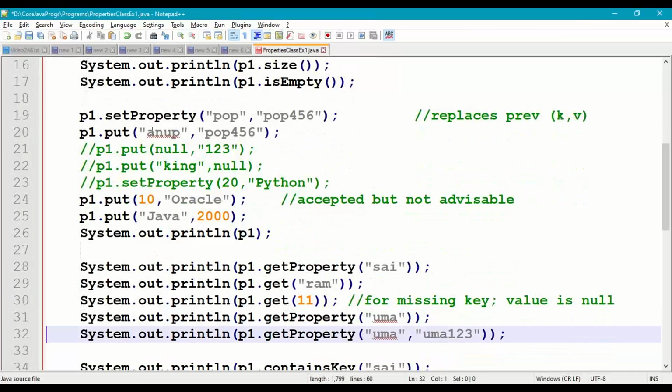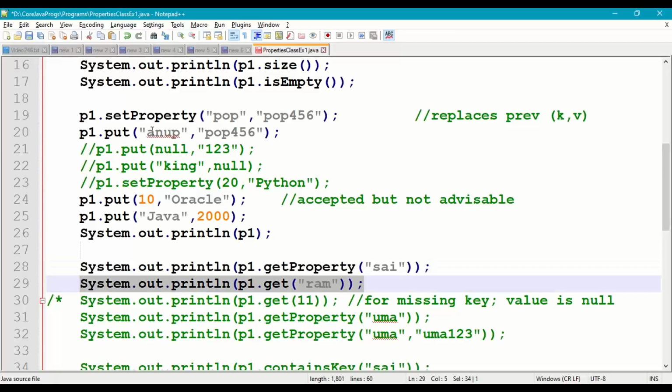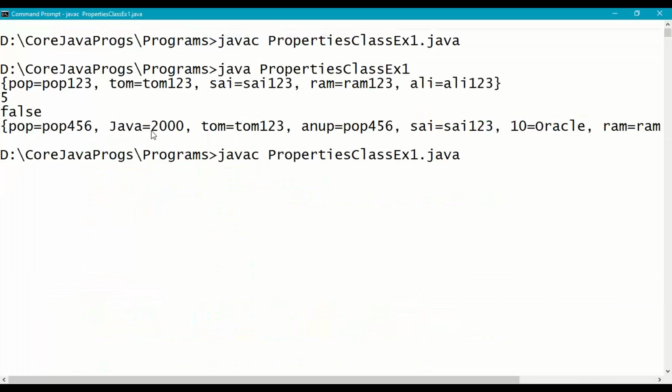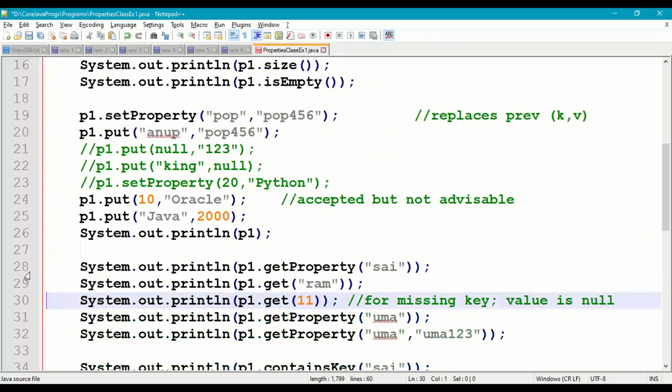let us try to get the properties here. So p1.getProperty Sai. So Sai value is Sai123. Get of Ram. So get is a method which is inherited from Hashtable class. Right, so save this, recompile and run. So Sai123 value, Ram123 value. Next we can also use